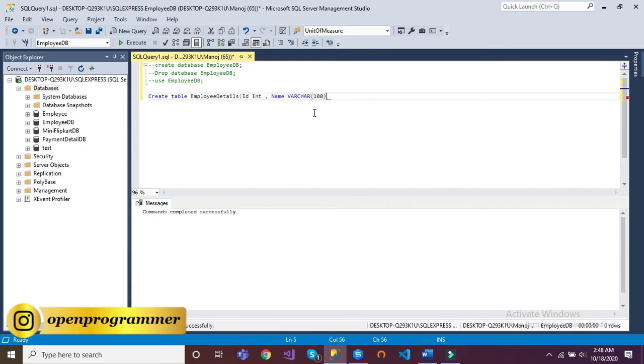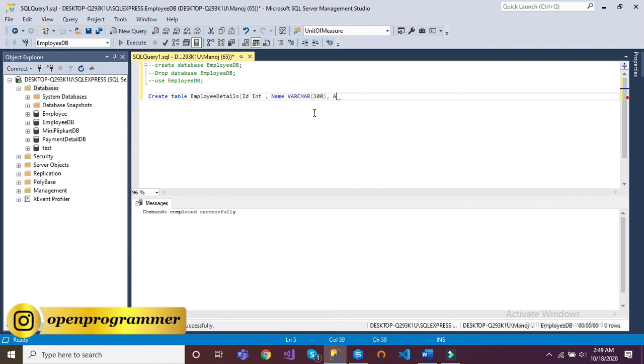Like name can contain up to 100 characters, not more than 100. It can contain less than 100, but it cannot store more than 100, because if we try to store more than 100 characters into this name field, it will throw an error, right?